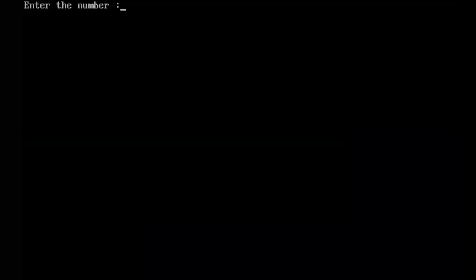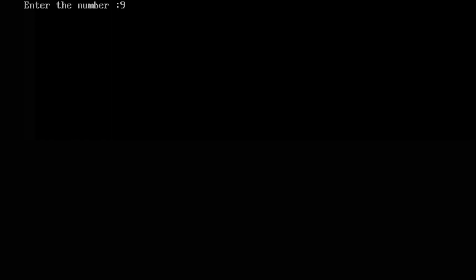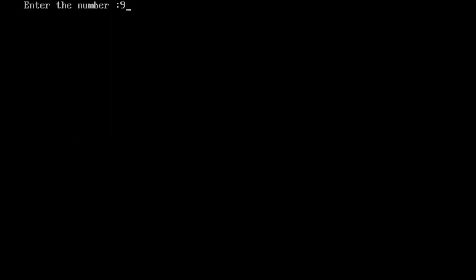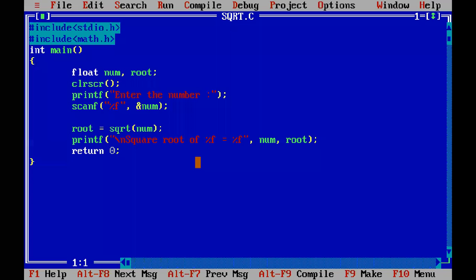I'm compiling. See, I have the output screen now. I'm asked to enter a number, say 9. I will press the enter key. After I press the enter key, I should have obtained the result. Yes, but let me just enter. No. What do I get? I get back to the previous editor screen.